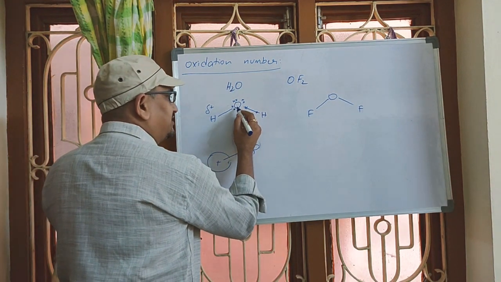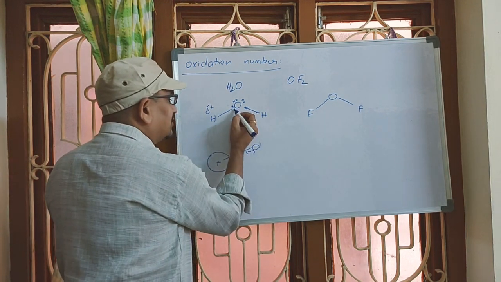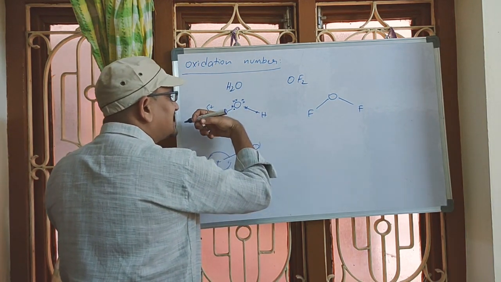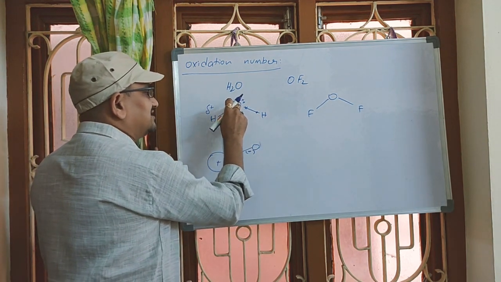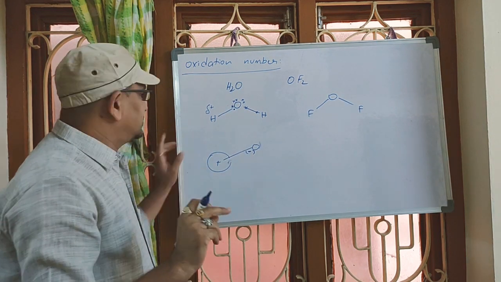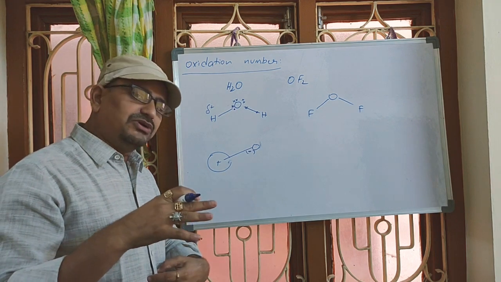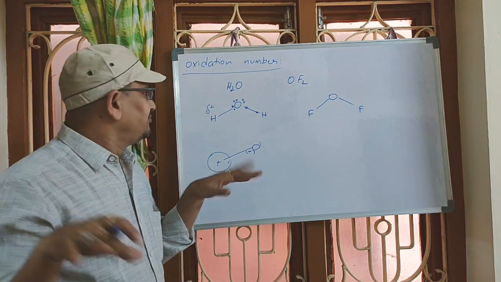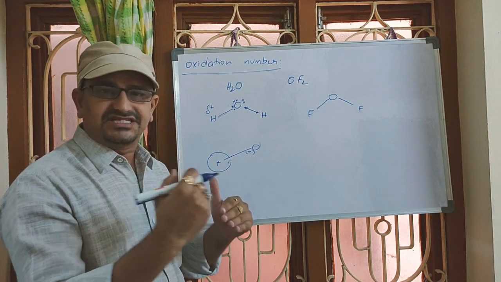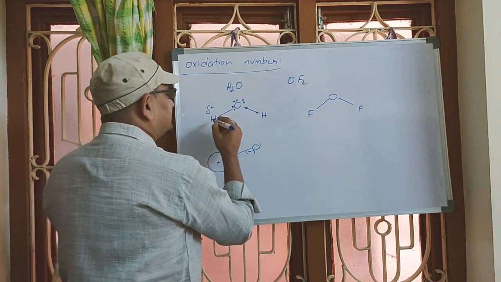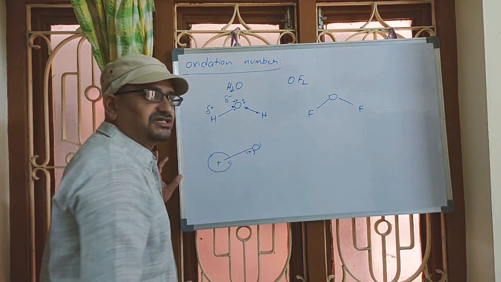Similarly, what happened at oxygen? This is oxygen's own electron, but this is the electron of hydrogen. As oxygen had gained one extra electron, there is no extra positive charge inside oxygen. Understood? Oxygen has atomic number 8, 8 protons and 8 electrons. They are exactly equal. But when oxygen gains one extra electron, there is no positive charge to compensate the negative charge, right? That's why the excess negative charge it had attracted will be shown out as partial negative.